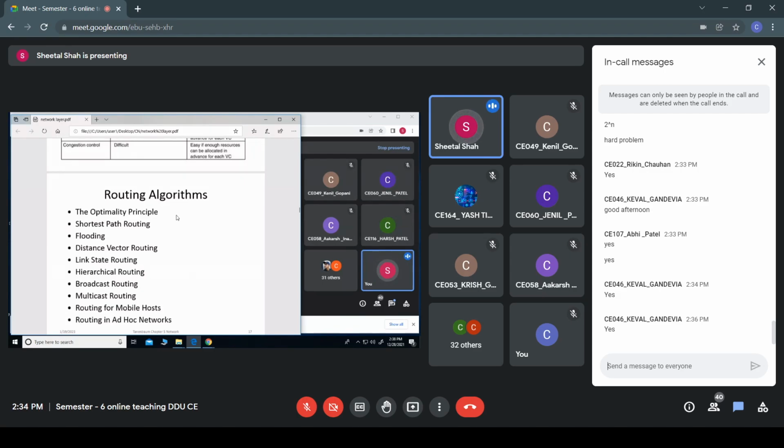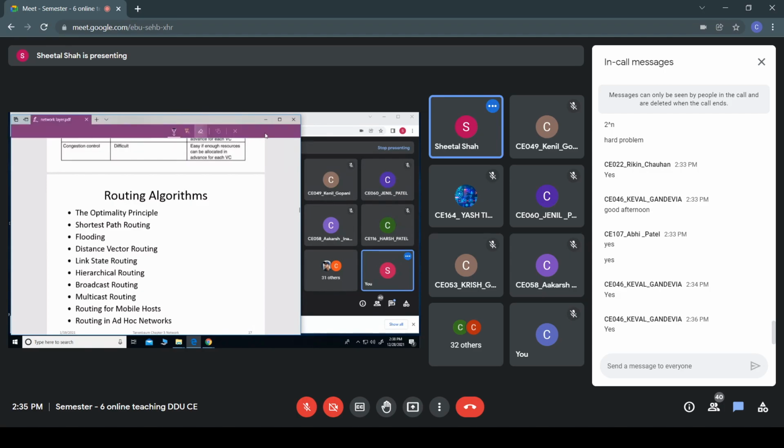Now there are certain properties for this routing algorithm. Like, it has to be correct. What do we mean by correctness of this algorithm?